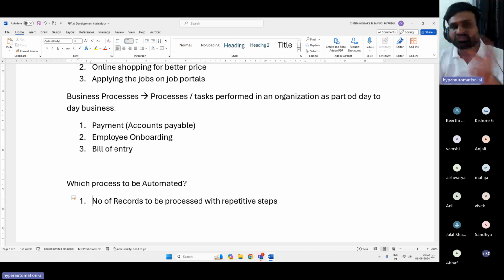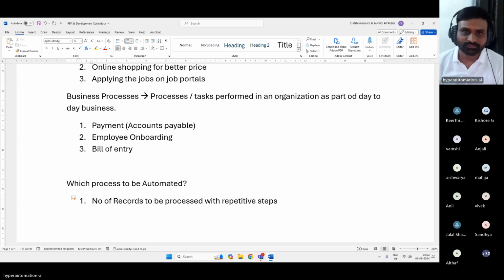So it is not fit for automation, because your implementation time will take more than the processing time. Suppose you have only 50 records and every record takes all the same steps. In that case, it is fit for automation. So it's not only about high volume, but high volume with repetitive, same steps. Got it?